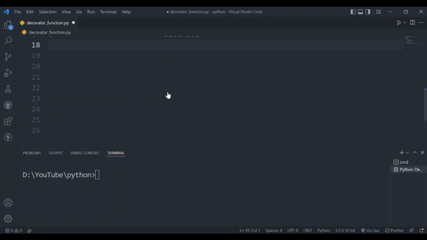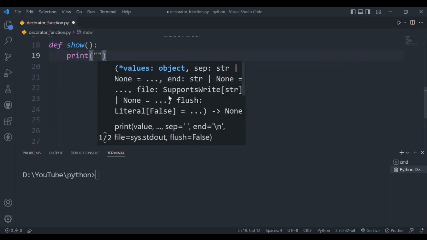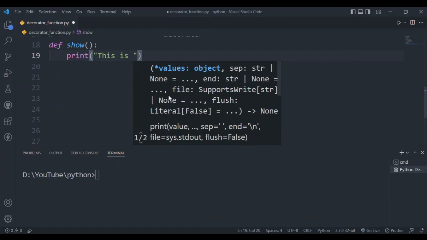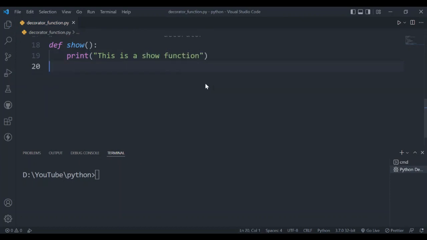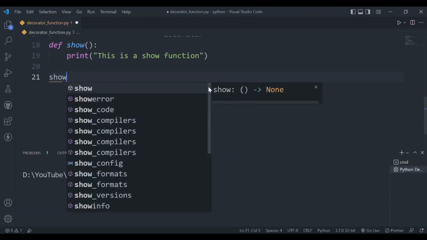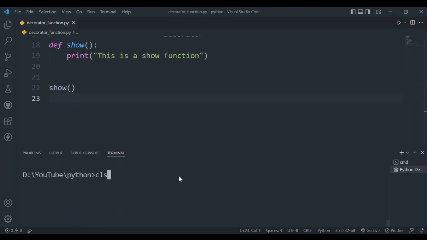So let's first create a simple function, def show, and we will give one simple print statement: this is a show function. Now I'll just print the output of this function. Now I am printing this function. So this is a show function. Okay, now